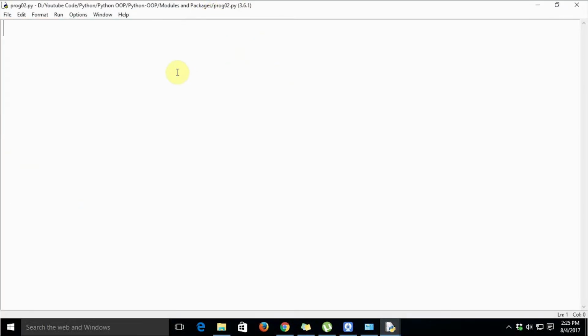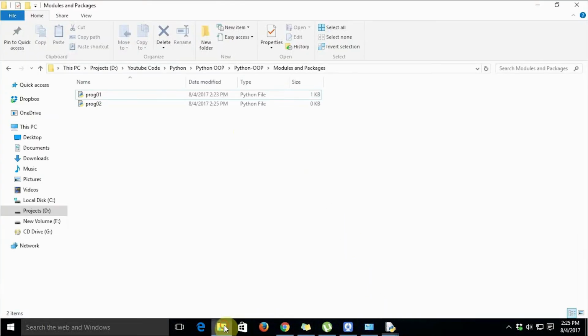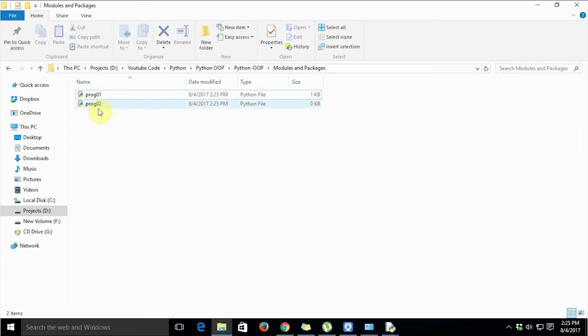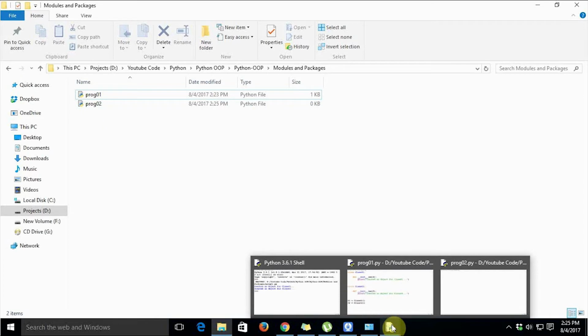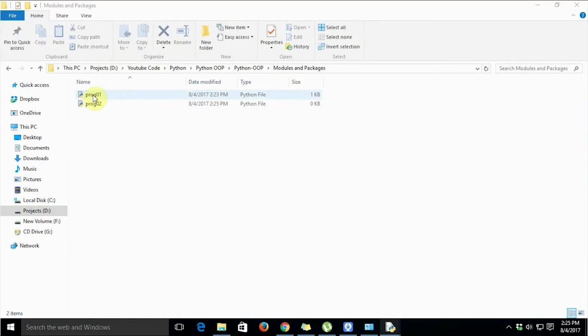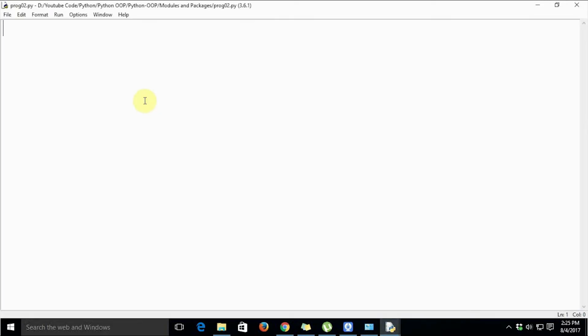As prog01 and prog02 are in the same directory, we can directly use the module prog01 in prog02 by importing it. The syntax for importing a module into another module is: just say import prog01.